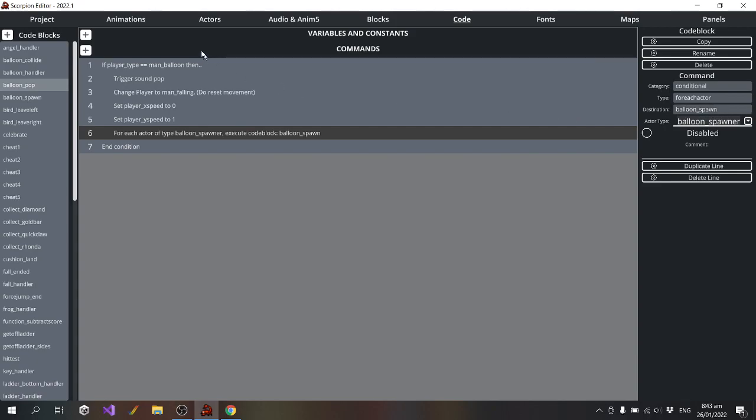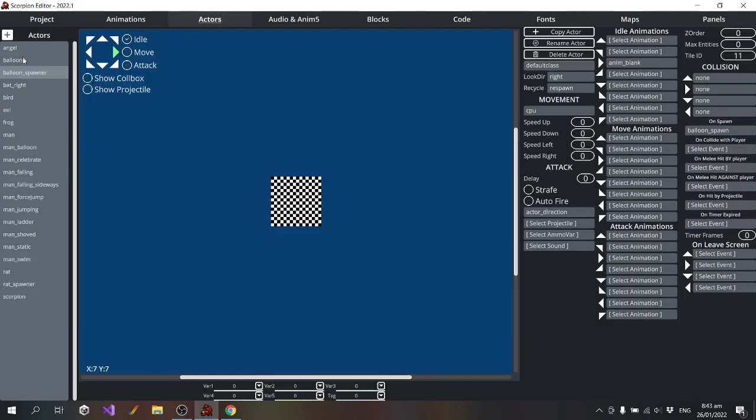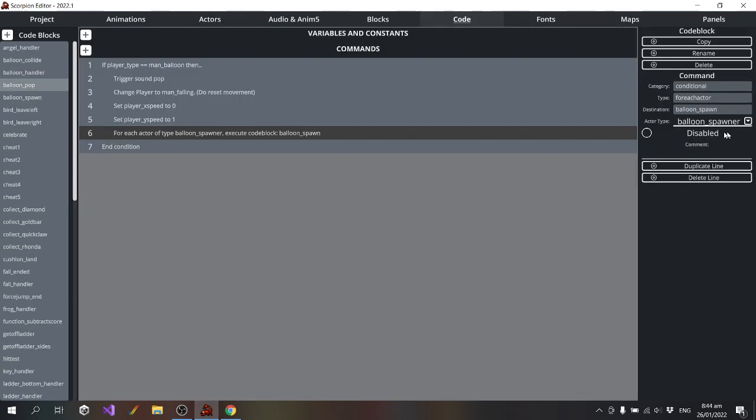It's not working in this particular case, and I think it's just because the balloon spawner has become inactive, so it's no longer on screen. So I'm going to have to try a different approach.